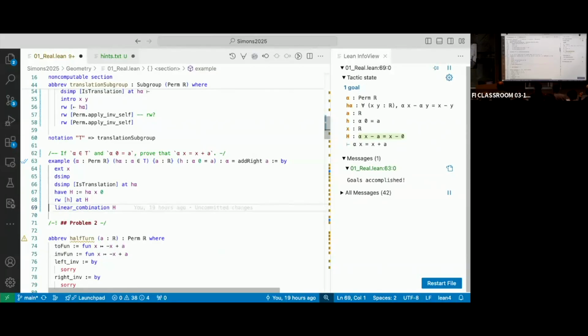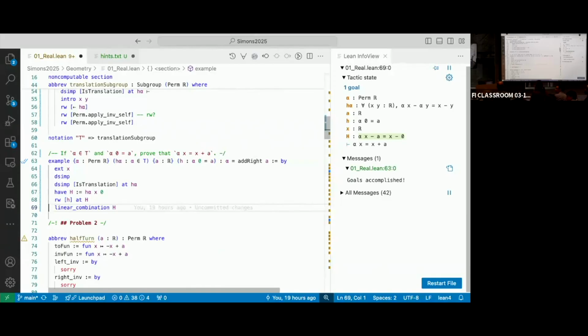And I had a goal of showing that alpha of X is X plus A. And this is very much in the spirit of the ring tactic that we were using before, and most of the work is being done by the axioms of a commutative ring, but it is outside the scope of the ring tactic